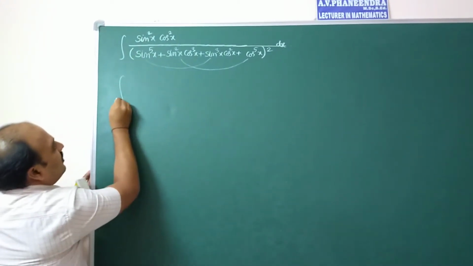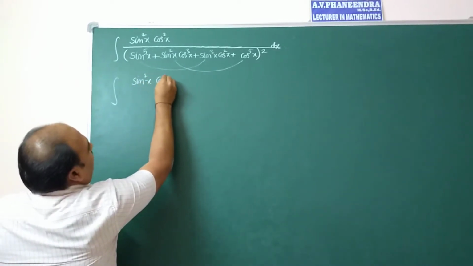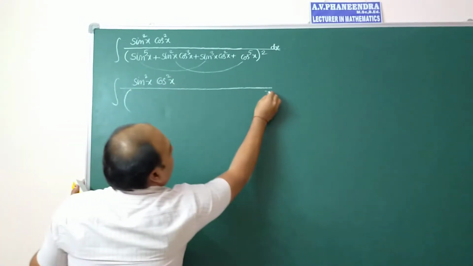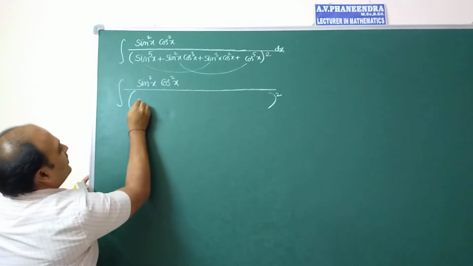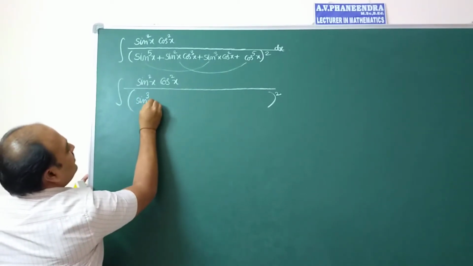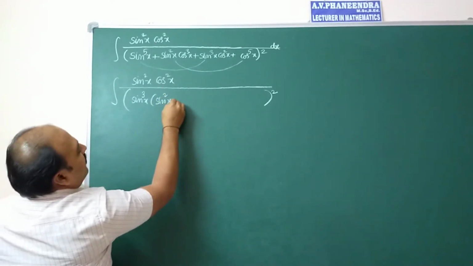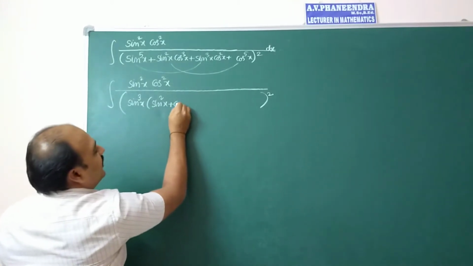So, integral sin square x into cos square x divided by, from these two I am taking common sin cube x. What are the rest of the things? Here sin square x will be there, plus after taking sin cube x, the remaining is cos square x,